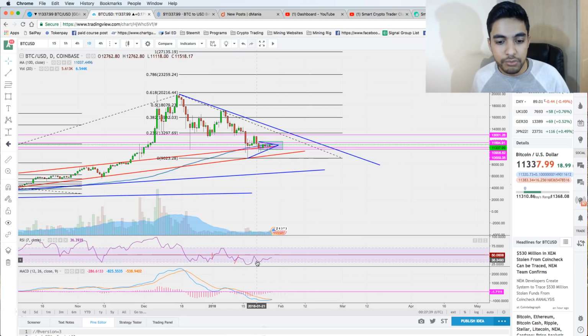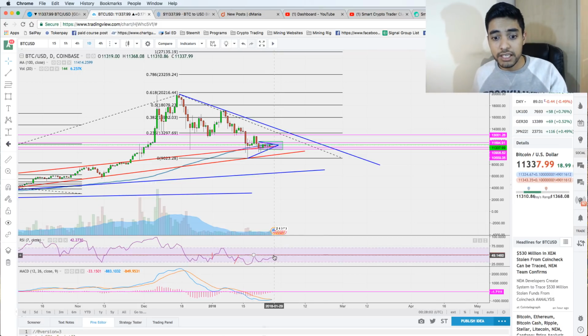And RSI keeps moving slowly. First we had 1, 2, this was a big fake out. So 1, 2, 3, 4, we've been testing that, but we tested a big spike, like 3-4 days green in a row, and then we came back. We're going slowly now. This time we're making a slow move. If we break that, I'm pretty sure we're going to fail the first time. As I was saying, we're going to go close to 13,000, and that's what I'm expecting. This is going to be close to 13,000, which is going to hit the 50 RSI level,